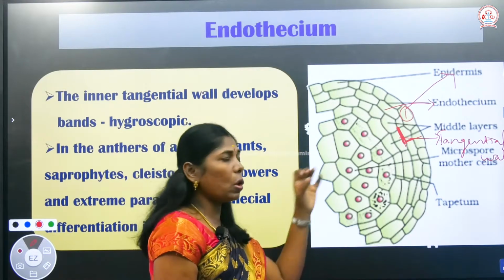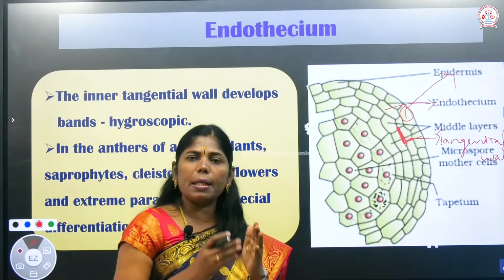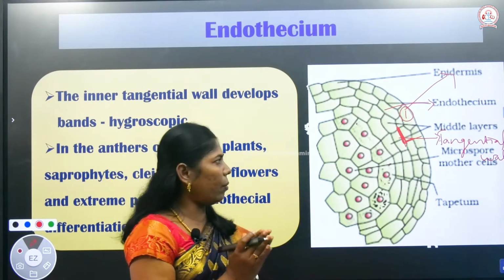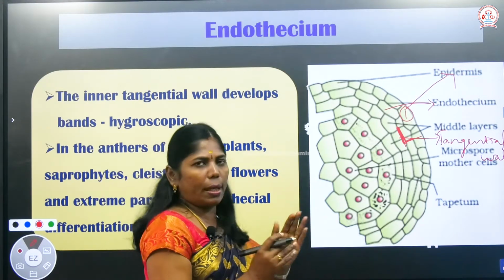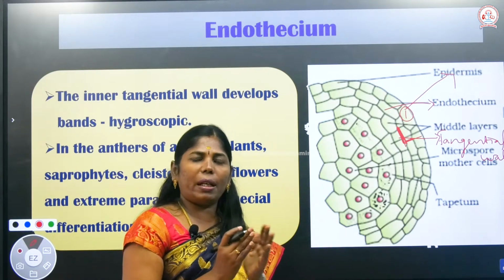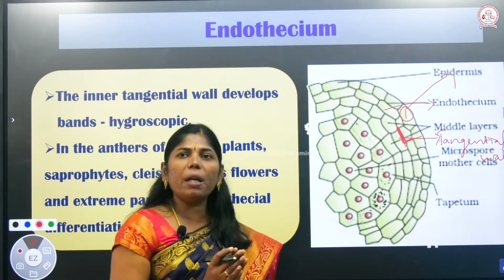Okay, this thickening is made up of, that is your lignin. Okay, even the cellulose is also present. Okay, the thickening is due to cellulose, one of the cell wall materials. Okay, another one is your lignin, lignified regions. So in that root we studied, the thickening is made up of suberin.